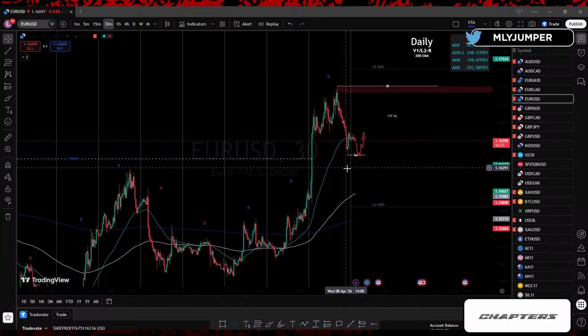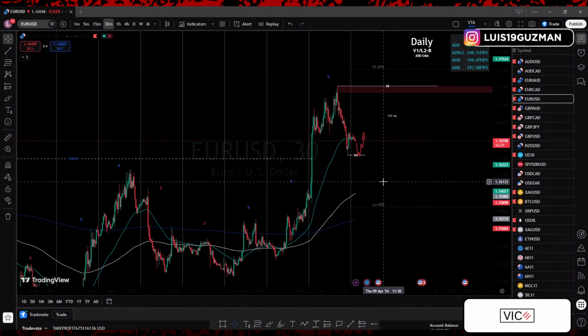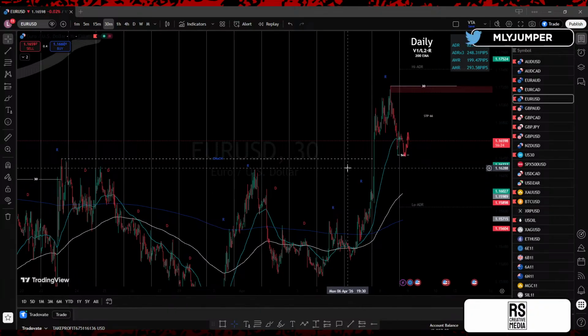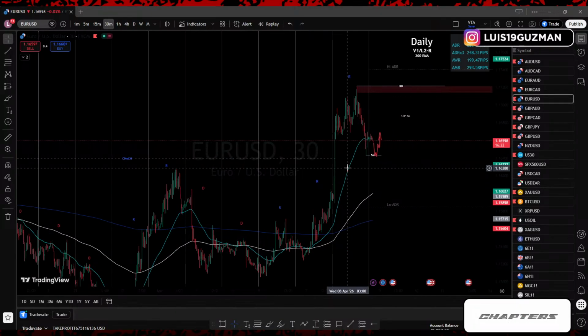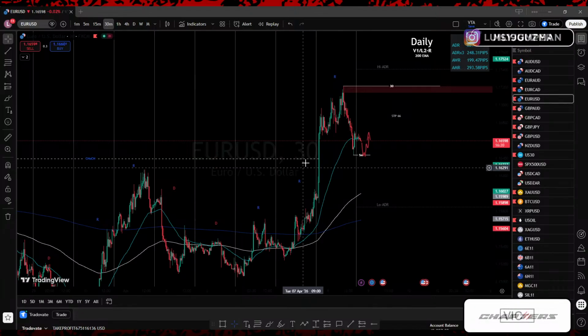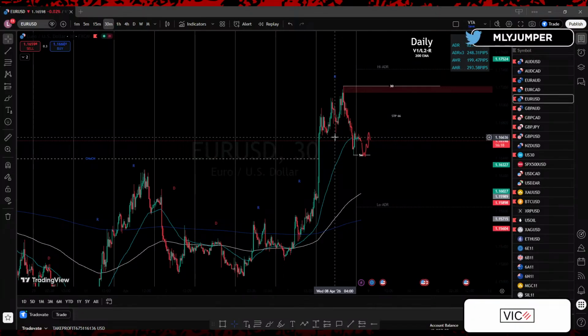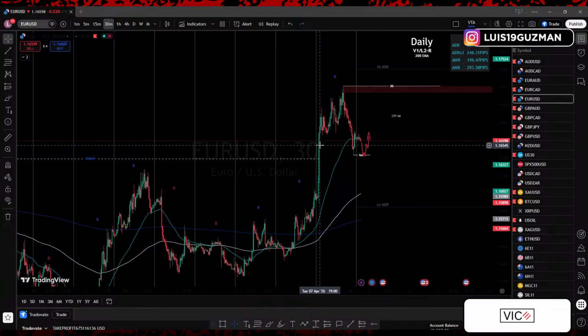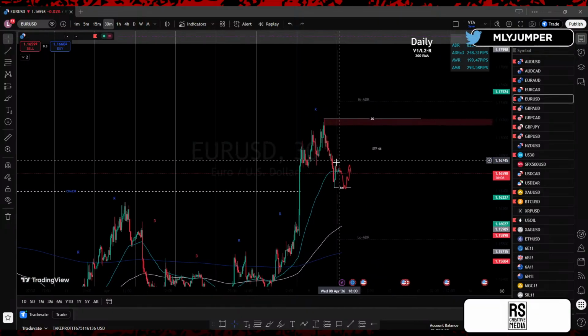this is where a lot of traders would be looking for that trade. Me personally, am I looking for this trade here? No. Why? Because I already know the rules. A change of character could just still be an inducement. That's number one. Number two, we have 3 days of rise. After 3 days of rise, the market must move sideways or go down. So me personally, I'm not looking to take this trade. This is a trade where I'm letting it go. I don't want to mess with this.